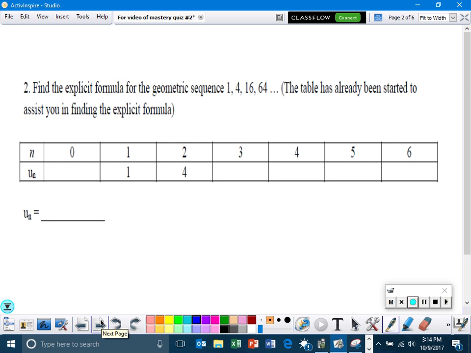Find the explicit formula for the geometric sequence 1, 4, 16, 64, and so on. All right, so since it says geometric, we know that it is multiplying. So 1 times 4 is 4. 4 times 4 is 16, and so on. Okay, you obviously can use the calculator to assist you. Then we've got 16 times 4, which is 64,